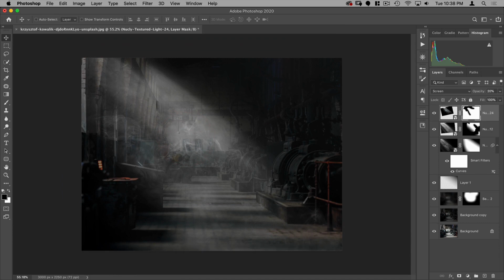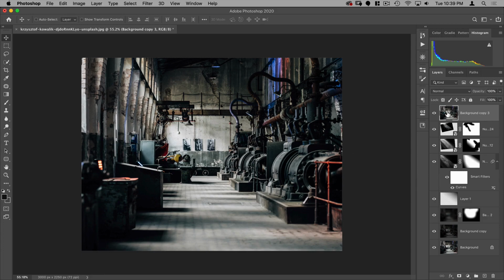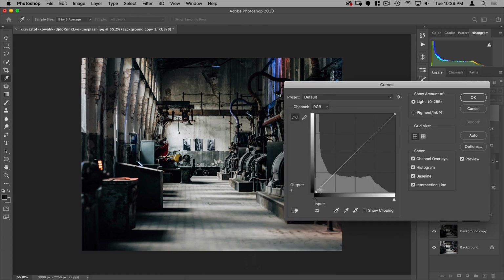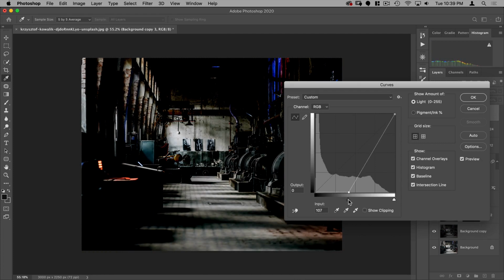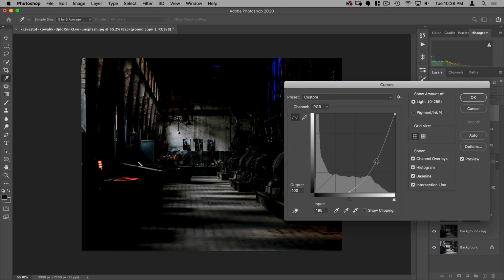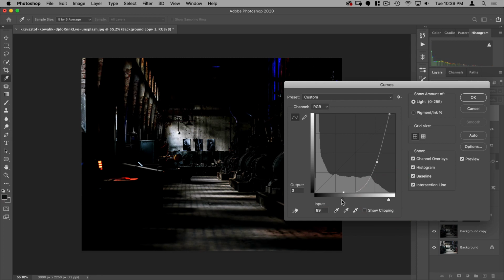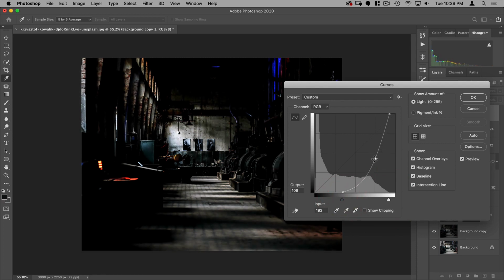Now, the immediate problem you see here is because we made everything darker, these windows actually don't look like they have a lot of light coming out of them. So what we're going to do is take our original layer here, make a copy of it, and drag it all the way to the top. And then we're going to do Command M and pull down the black so that we just have these light highlights in this image. And then maybe bring up the whites to right there on the histogram. So that's what I want. So let's hit OK.